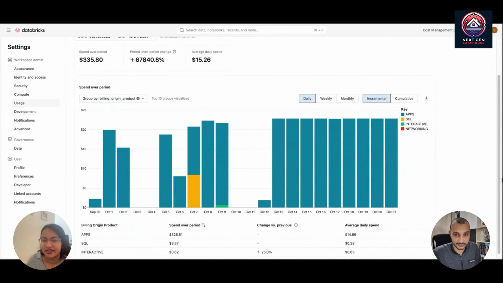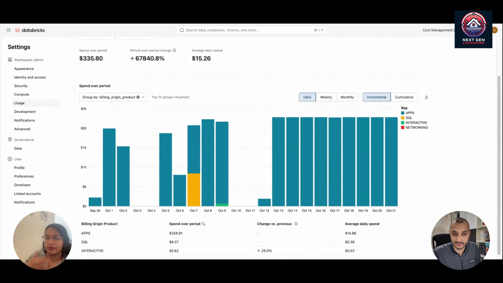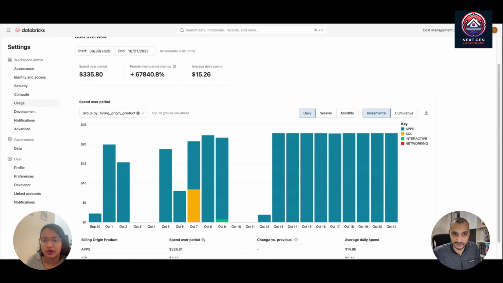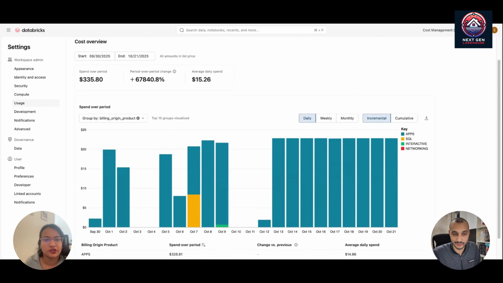And here I actually get a scoped view of the costs of my workspace. So now workspace admins can be more aware and feel more involved with the costs of their environment. A lot of customers want to have workspace level cost transparency as well. So that's our first product. And again, you'll see this develop with more capabilities as we build more granular filtering capabilities. But the idea is to have native, out of the box, full transparency in the cost of your account in